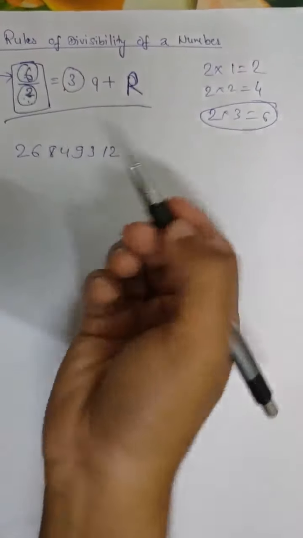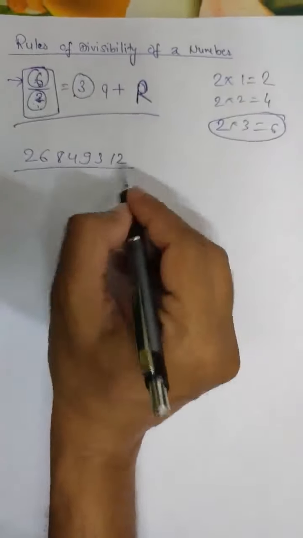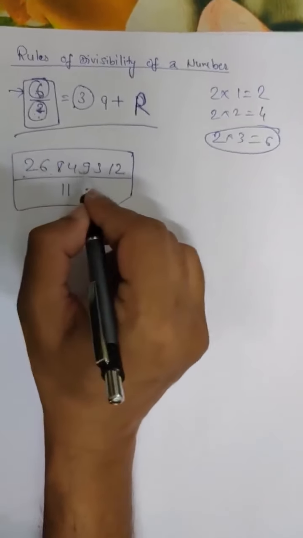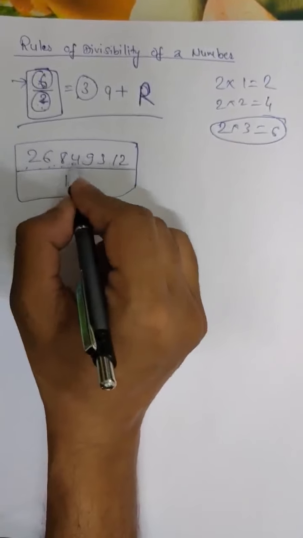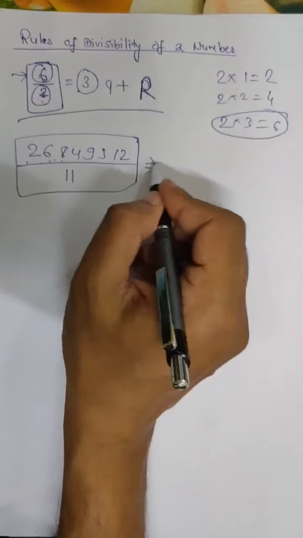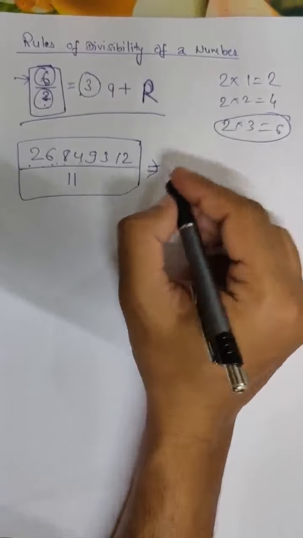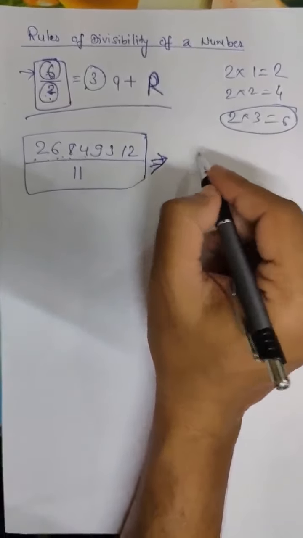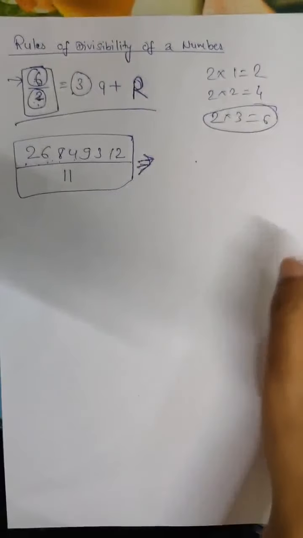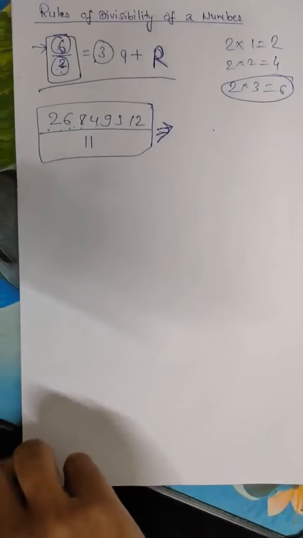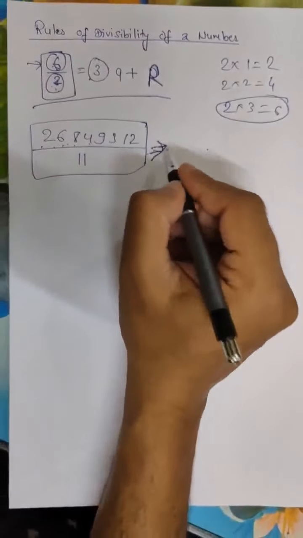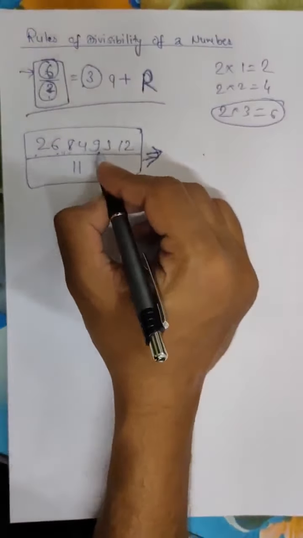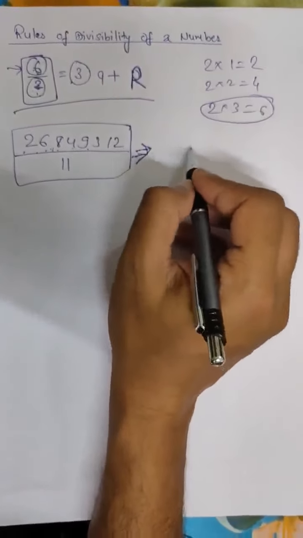But for example, the number is 26849 something, and if someone asks if it's divisible by 11 or not, either you have to use the long division method, going one by one and calculating it, or secondly you use a calculator, which is freely and easily accessible today. That is also allowed. But in an exam you don't have enough time to calculate the whole division, and you also don't have access to a calculator.